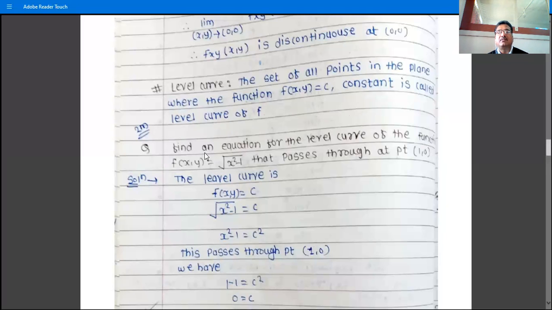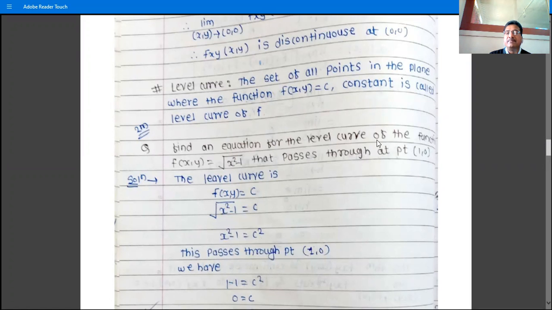So, a question for 2 marks: find an equation for the level curve of the function f(x,y) = root of (x square minus 1) that passes through the point (1, 0). So level curve is what? f(x,y) is equal to constant. Just remember that the level curve is the function equal to constant, that is root of (x square minus 1) is equal to c. Taking square of both sides, x square minus